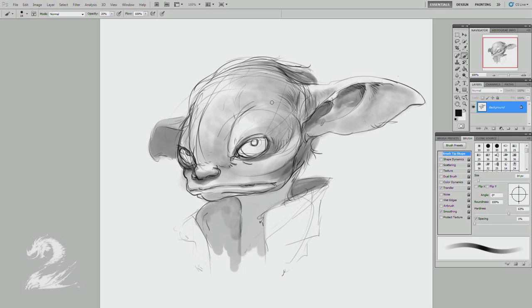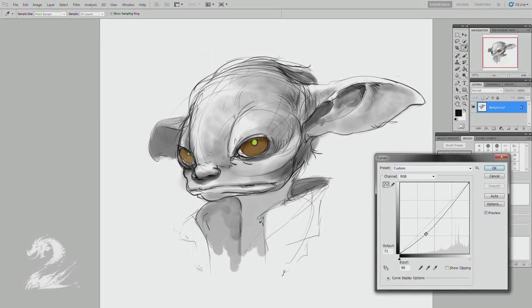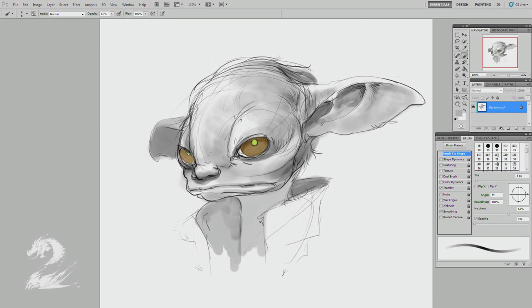And now I'm going with some darker tones, pushing the values into darker areas, so it helps to establish the light a little more definitively. And sort of a cat-like eye, sort of like the goldish eye of a lion, or maybe some nocturnal primates. Got that reflective tapetum there,